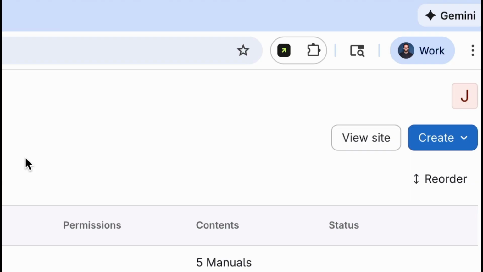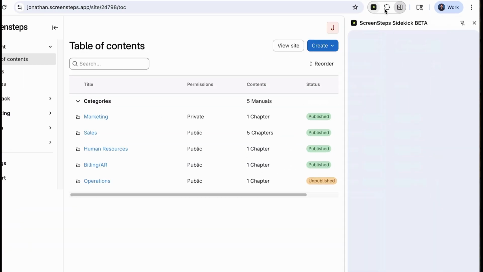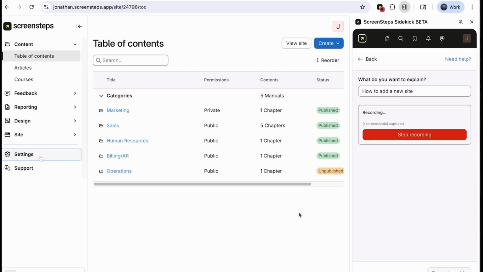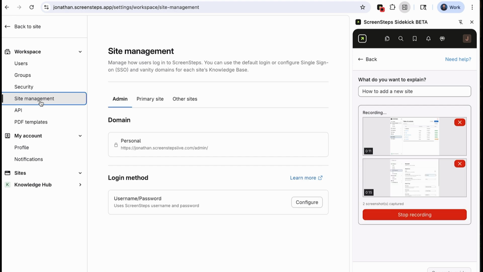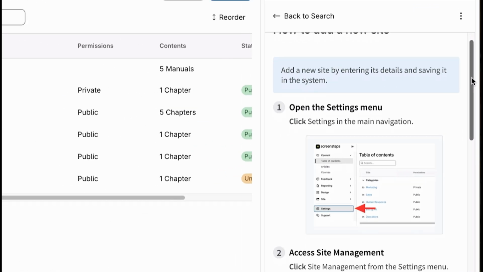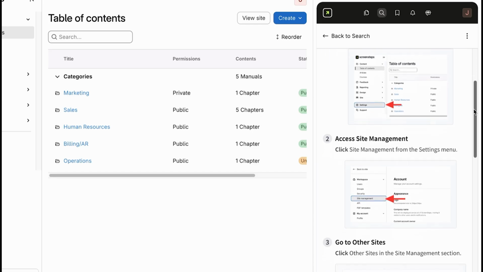And the third scenario is that the documentation does not yet exist. It still lives in people's heads. So ScreenSteps is going to make it a lot easier to create your documentation from scratch. So let's talk about building stuff from scratch. With ScreenSteps AI, you can record yourself performing a procedure and explaining it out loud. ScreenSteps is going to capture your screen and your audio and automatically convert that into a step-by-step guide without you